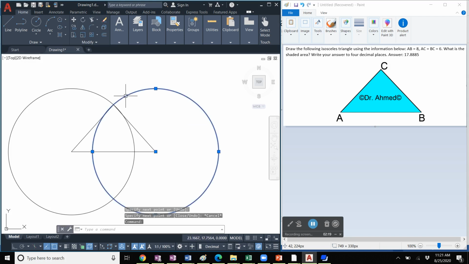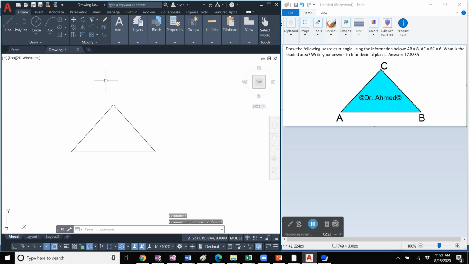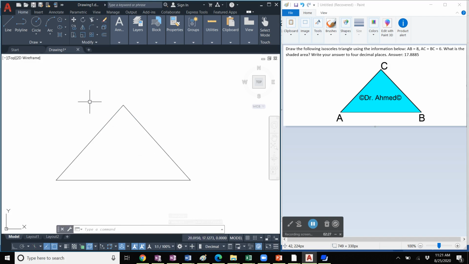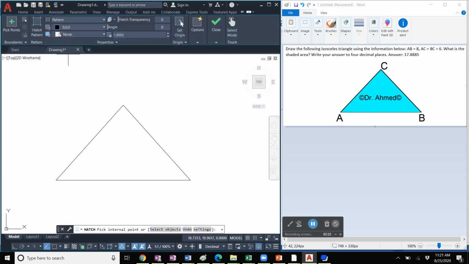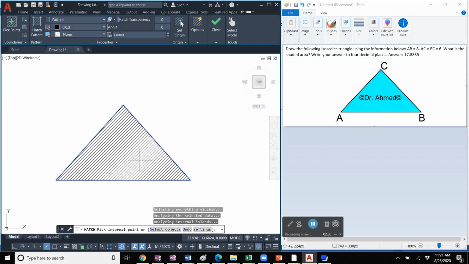Now select these two circles and press delete to erase them. And now we're gonna put the hatch inside of this triangle. So click on hatch and then click inside, and we want to put the same solid color as given in this problem. So let's click on settings